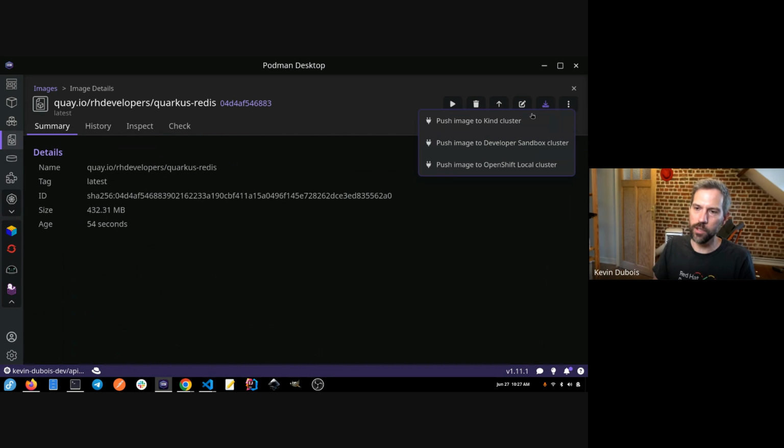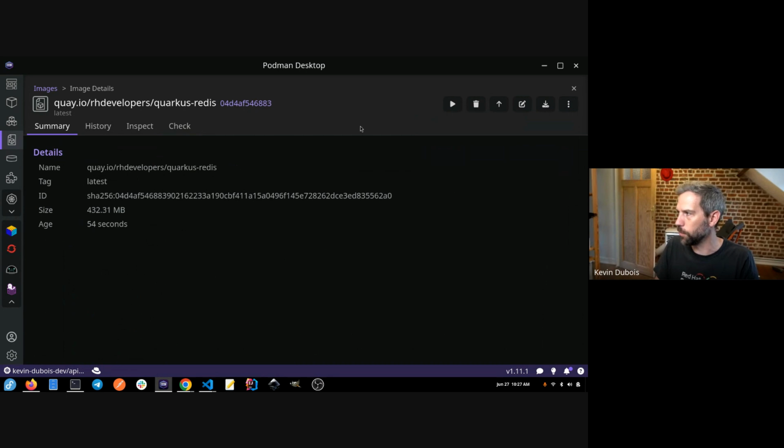And like I said, then you can push your image to, for example, a Kubernetes in Docker cluster on your local machine, you push it from here. If you want to push it directly to a developer sandbox or to your OpenShift local cluster, you could do that as well. In my case, what I'm going to do is I want to start this application running on